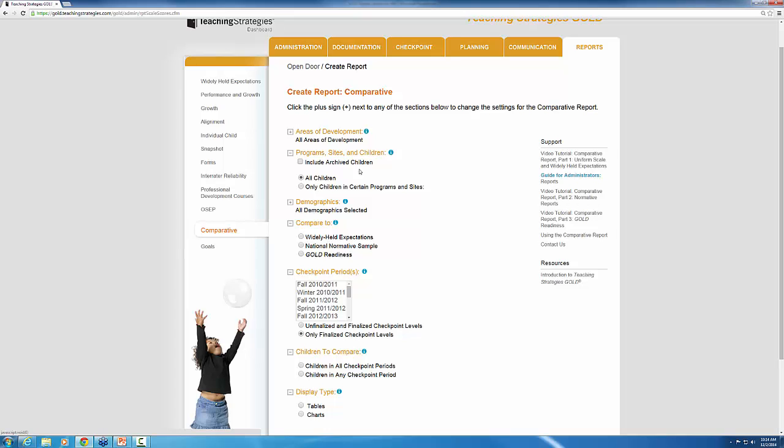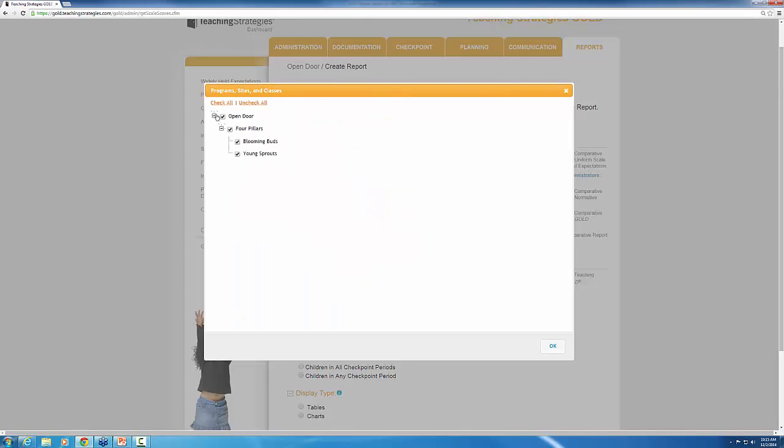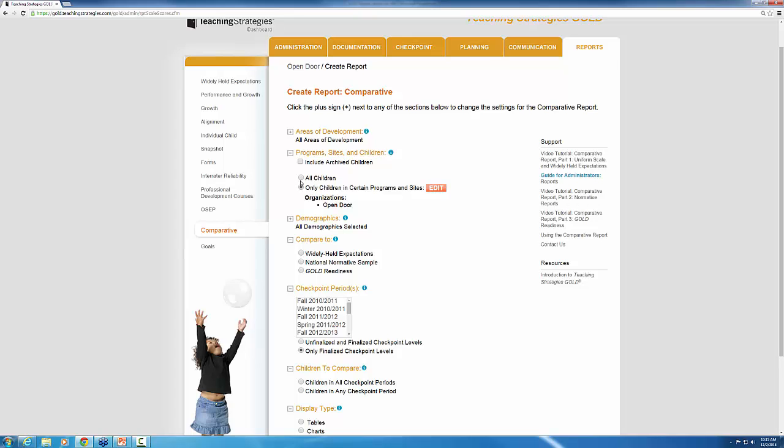So when I'm selecting my children that I want to include in the report, by default it's using all children, but not including archived children. So if you had used Gold in previous years and you want to run reports on children who had been in the system and are now archived, you can go ahead and include those archived children in those reports. Or you can also just select children in certain programs and sites, so especially if you're a program level admin and you only want to run this report on a specific site, or if you're even a site level admin and you just want to run it on specific classes within your site, you can be a bit discriminating here by just selecting specific programs or sites or classes that you want to run this report on. But I'm just going to go ahead and do all of my